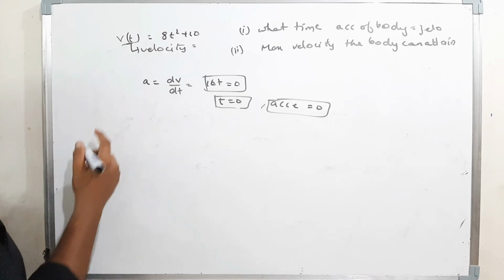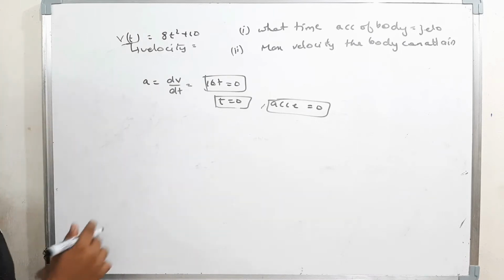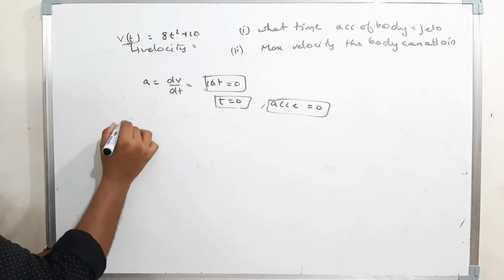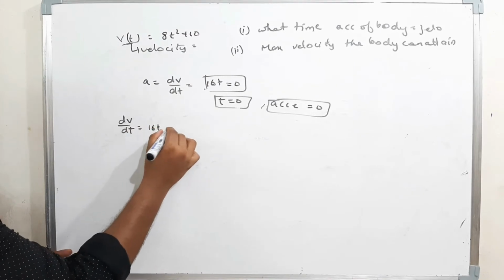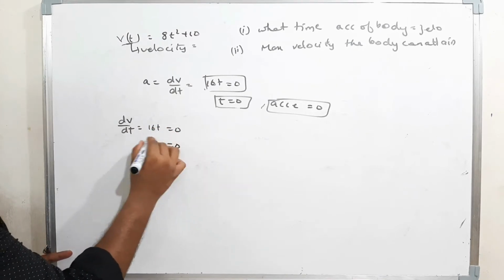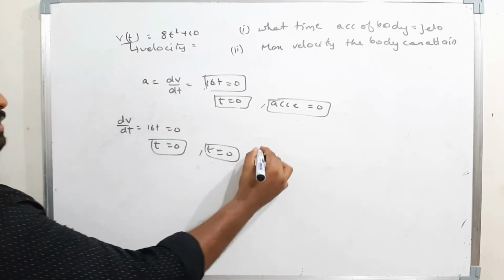And what is the second one? Find the maximum velocity the body can attain. That means you have to find the maximum velocity. Therefore, what you have to do? First of all, you have to differentiate this. dv by dt is nothing but how much? 16t. Now keep equal to 0. Therefore, t is equal to 0. Therefore, at time t is equal to 0, v of t is